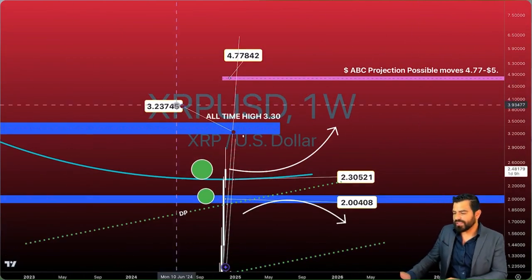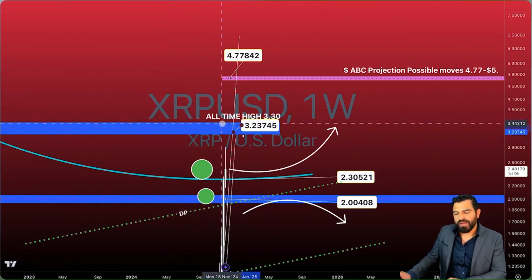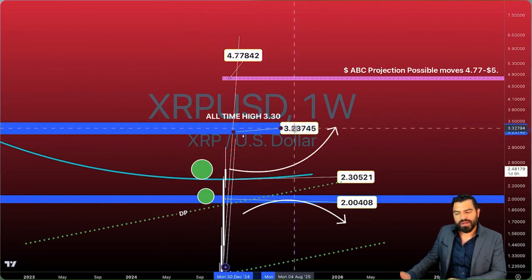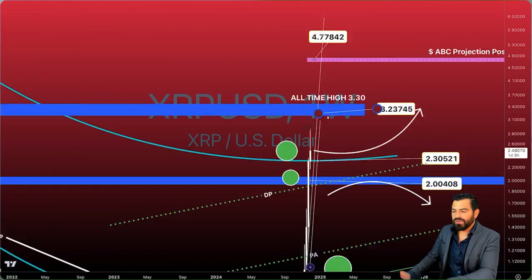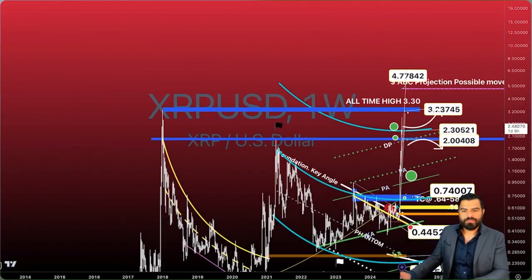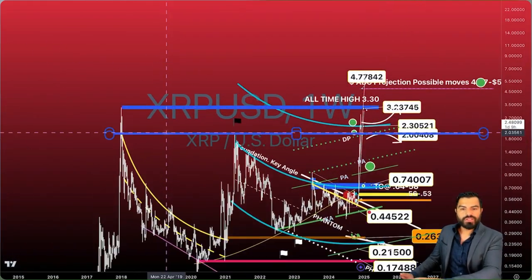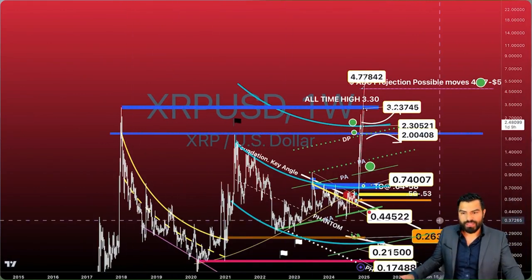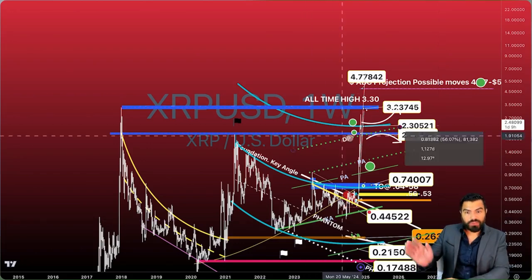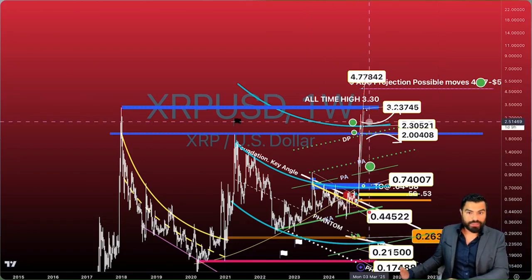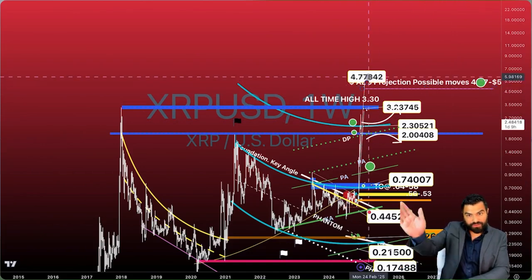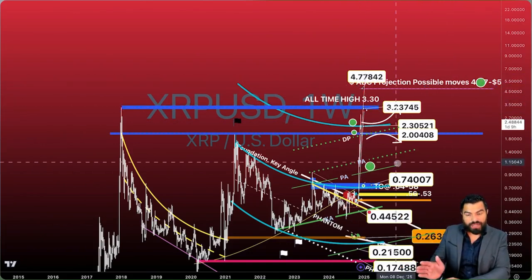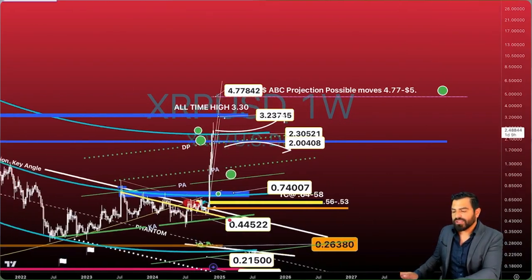But it's very possible for us to just hit closer to the all-time high of $3.30 area, or $3.23 is the low of that range. That's based on the other dreams I showed you earlier this week about the spikes. Just look on our website. You're going to see my XRP dream about the three spikes, 1, 2, 3, and then I'm looking for prices to come down. So it's very possible it'll be the $5 or the $3.30, and then we come down on a nice curve.